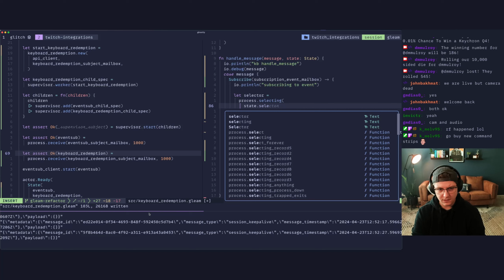Actually, then this doesn't need to be merged. This can just be selector. And this will be state.state, and then selector will be selector. Yeah, like that. Let's see if that fixes our problem.